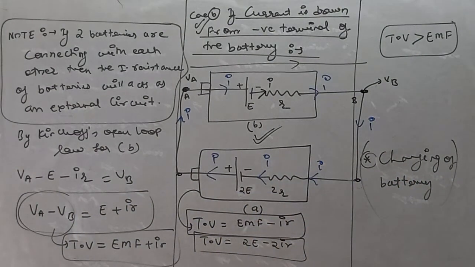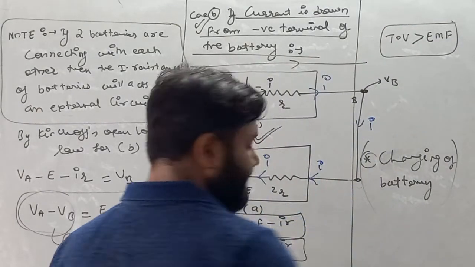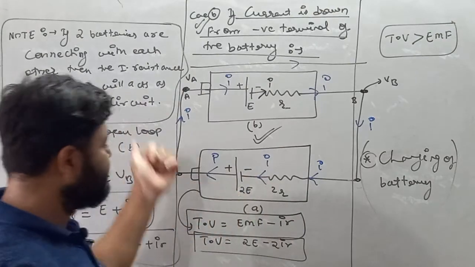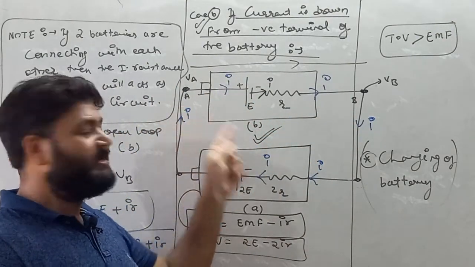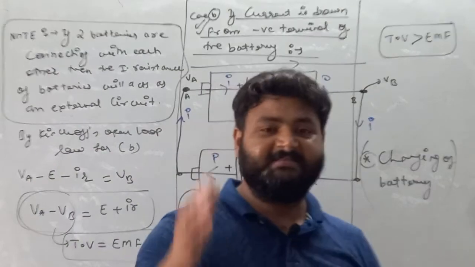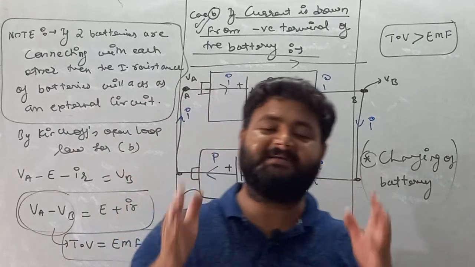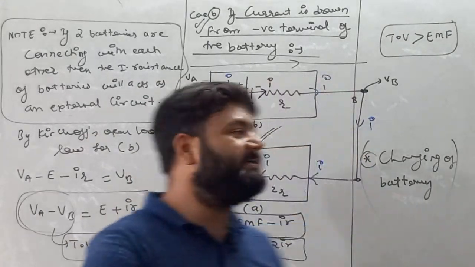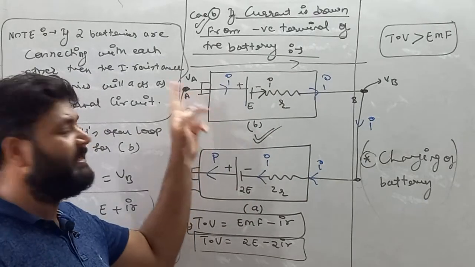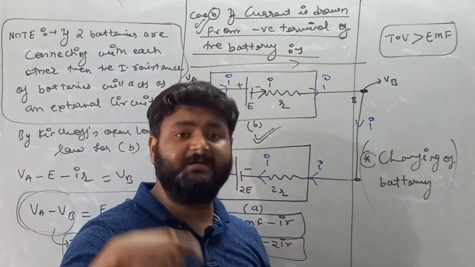So please write down. I hope you all understand both concepts of terminal voltage. What is terminal voltage? Terminal voltage is nothing but the potential difference across the ends of a practical battery when current is drawn from the battery. Current can be drawn from the battery under two different situations: from positive to negative, or from negative to positive. If current is drawn from positive to negative, then terminal voltage is less than EMF, and in that situation we say the battery is discharging. And if current is drawn from the negative terminal to the positive terminal, this potential is also called terminal voltage.